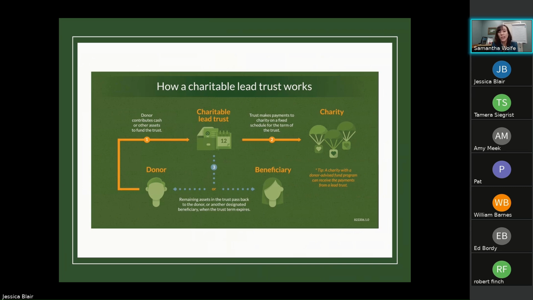So this is a diagram showing how a charitable lead trust works. We have the donor, and number one, the donor contributes cash or other assets to fund the trust. We have a charitable lead trust that's listed there. And then number two, the trust makes payments to the charity on a fixed schedule for the term of the trust. And then number three is saying the remaining assets in the trust pass to the donor or to another designated beneficiary